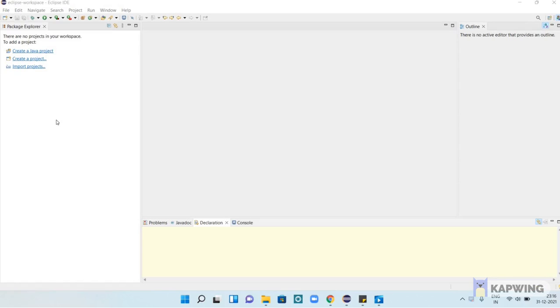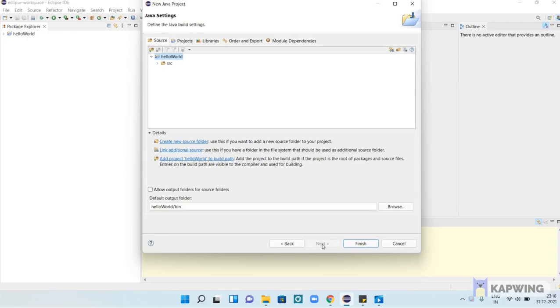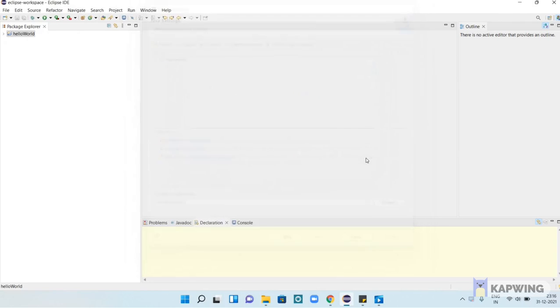In order to create a new project, first of all we need to click here, Create Java Project. Here we will write hello world. So hello world is our project name. After that we will click on next and finish. It asks whether to create module-info.java, so we don't need to create that.